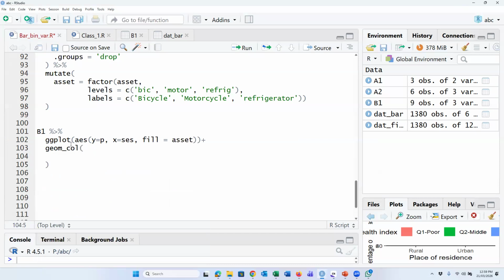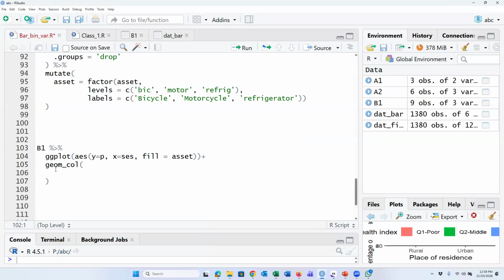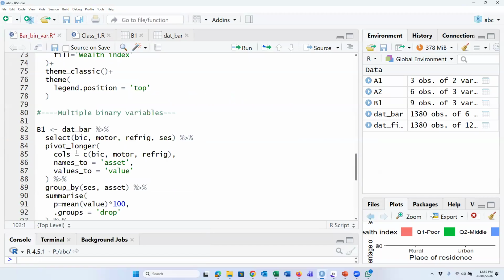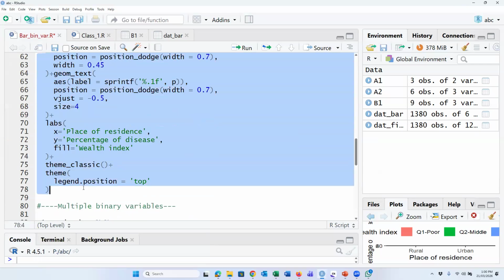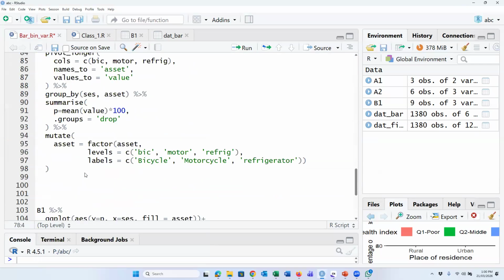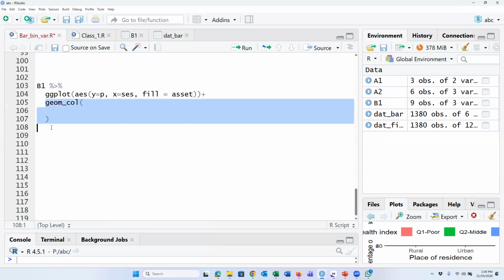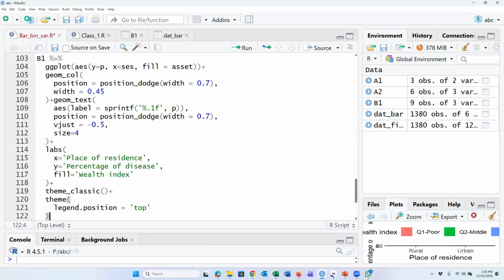Now the properties are the same. So we can copy from the previous. For example, we can copy from here. Just we have to change the name.